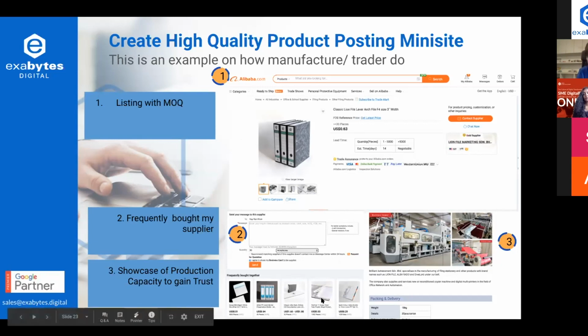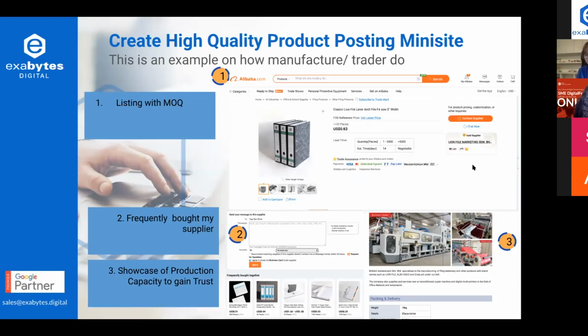And the second part is about the frequently bought by suppliers. They can see all of your showcases that are usually bought by other suppliers, and you can also showcase your factory and your facilities. People from overseas cannot visit you, but at least they can see your manufacturing scale. They can see everything from your mini site, so they can decide whether they can trust this supplier or not.